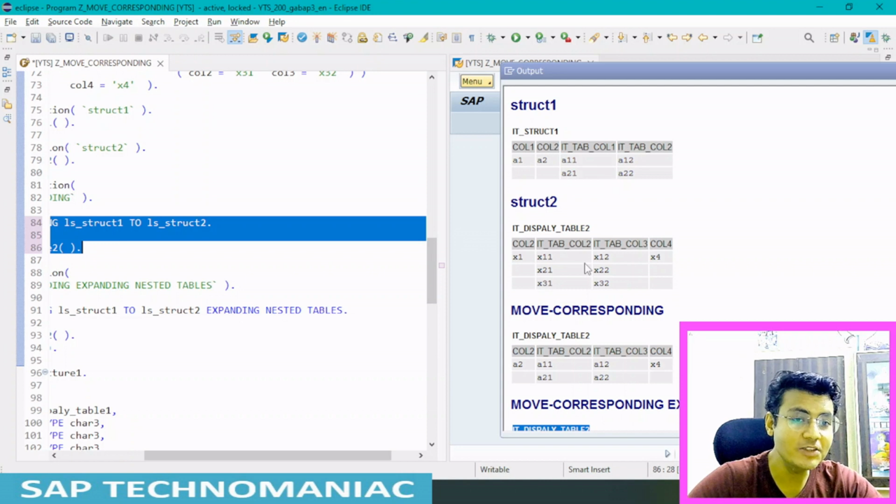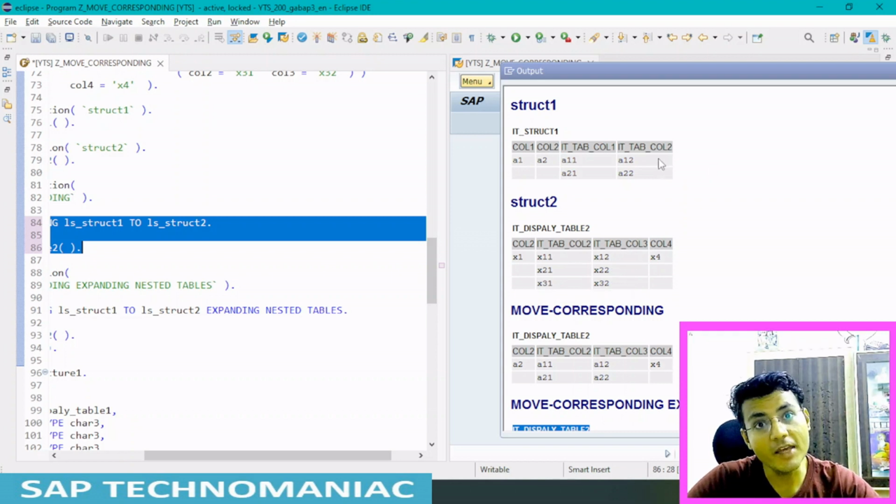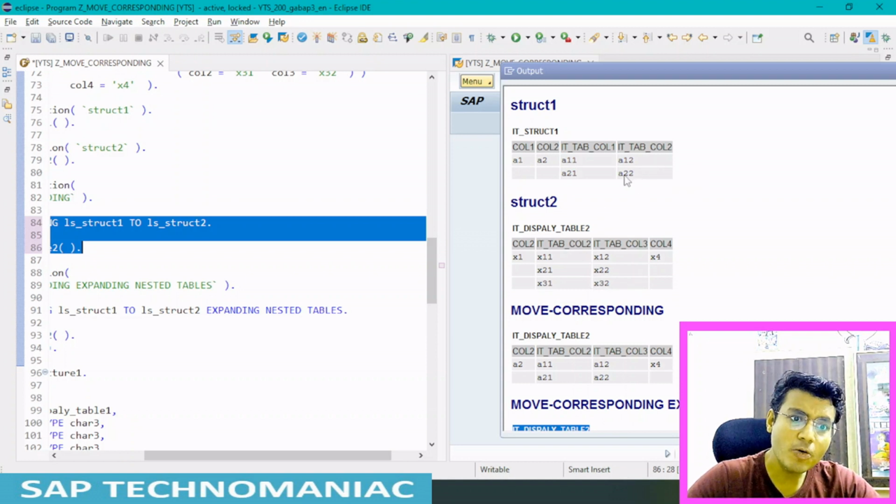So again, it will map the columns. It will see whether IT tab column 2 is available here or not. IT tab column 2 is available here. But IT tab column 1 is not available, while IT tab column 3 is already available here. When we are moving from one internal table to another internal table, and one of the columns got mapped, it will clear out the entire table, then it will try to pass the data. It is not like the structure where the value will be intact, so it will clear.